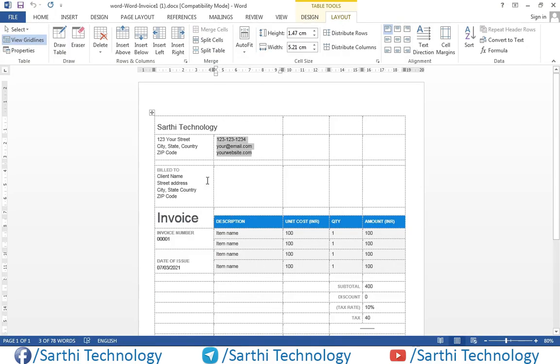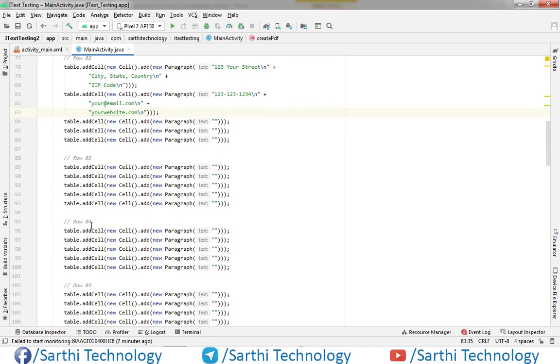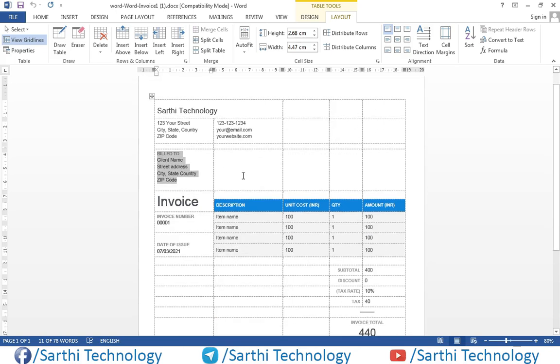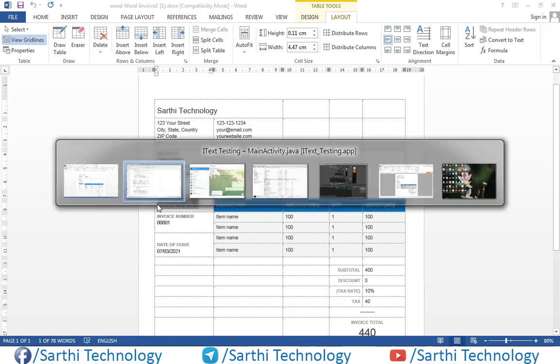Rows 3, 4, 5 are blank, then the third row is blank, so in the fourth row we need to add this: row 4, column 1. In the fifth row, column 1, we need to add this invoice.